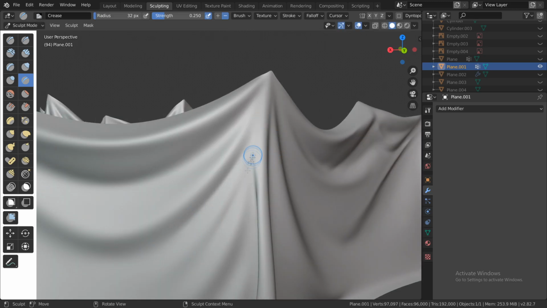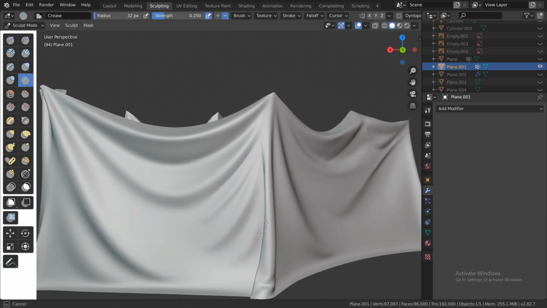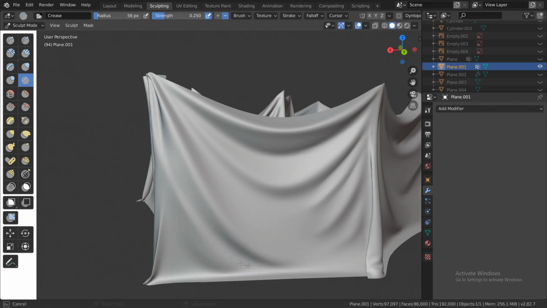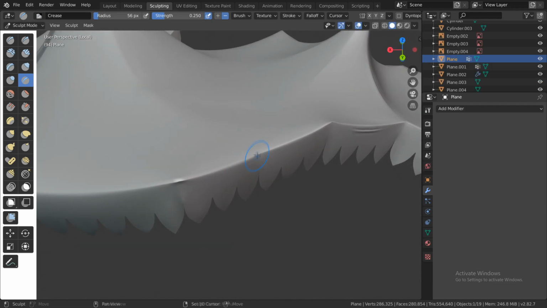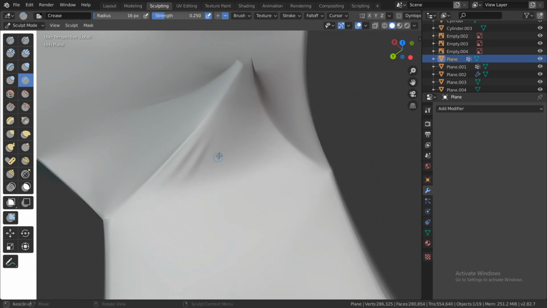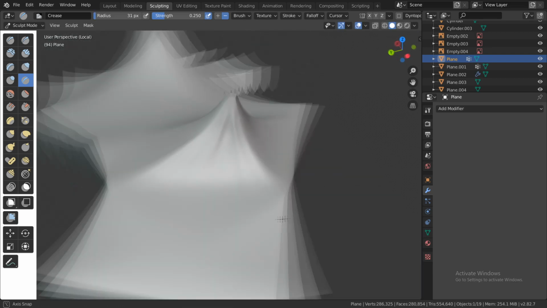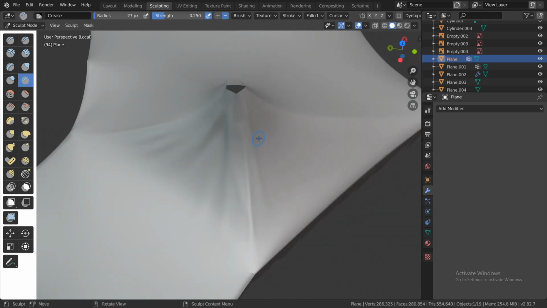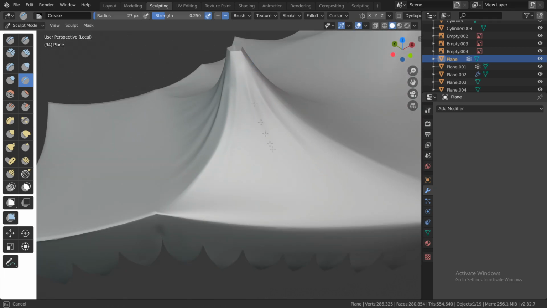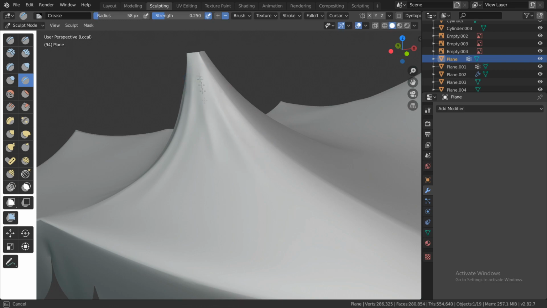Now I can enter sculpting mode to do some sculpting on top of the cloth simulation. For creating those long foldings, a crease brush with low opacity and a lot of smoothing is perfect. To move big chunks of the mesh, I sometimes grab a tool with a very smooth fall-off. Just like in the previous part of this tutorial, fall-off can be changed from smooth to sharp when pulling on